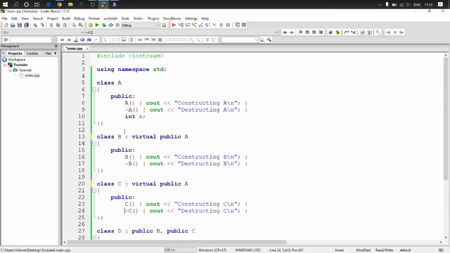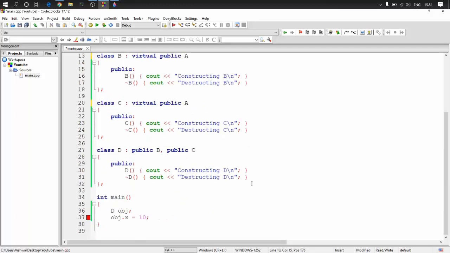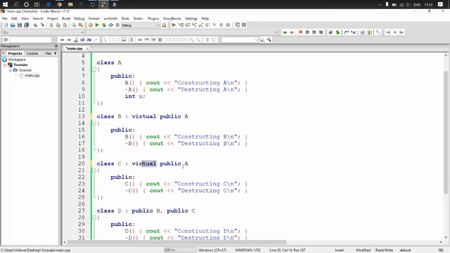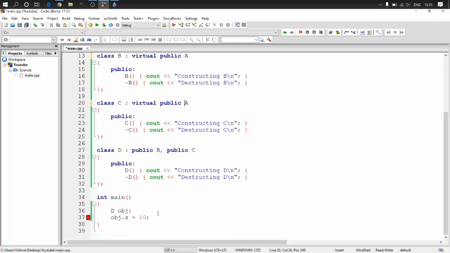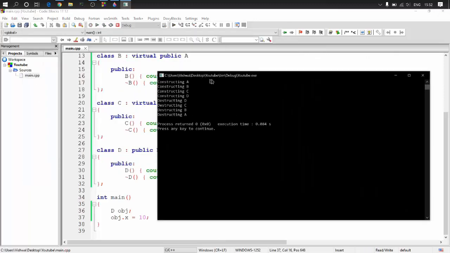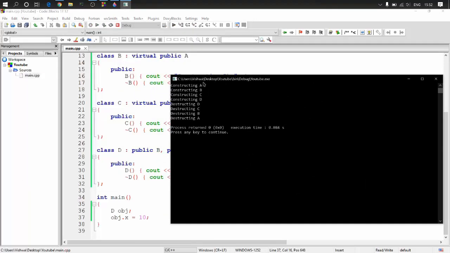But A is basically one level higher, right? So that is where the problem arises, and this is how you solve the problem. You just virtually inherit those classes. So now if I run this, you wouldn't be getting an error, and it does run successfully. And here you see A has been created, then B, then without creation of A it has directly